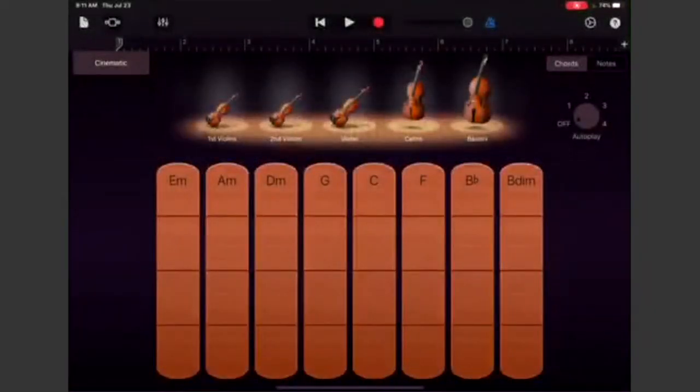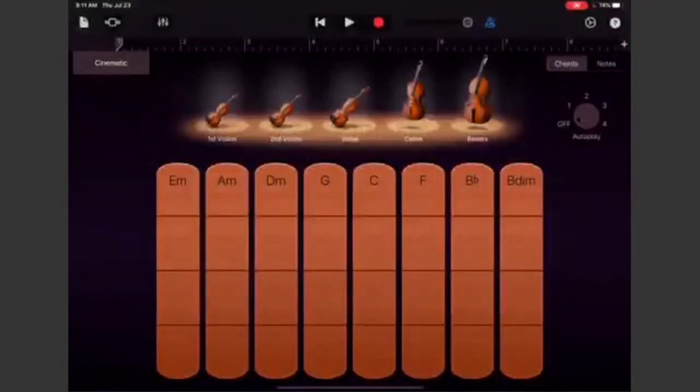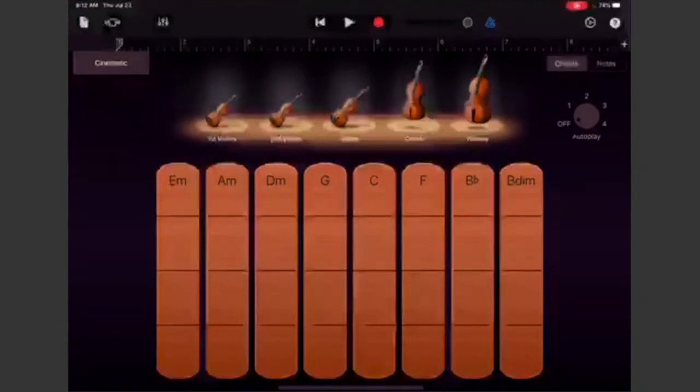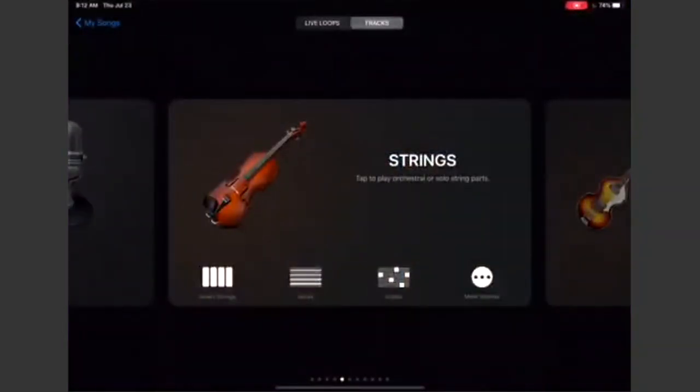And then in the upper left hand corner, it says cinematic. Click on that and you can find other tracks. So if you click, these are the tracks. And at the top, it says tracks and live loops.